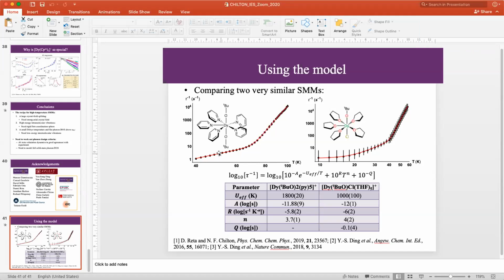But why do you need more CASSCF than just for one molecule? I wouldn't expect... Well, you've got more modes, right? No, you shouldn't need more CASSCF. Yeah, you do. So